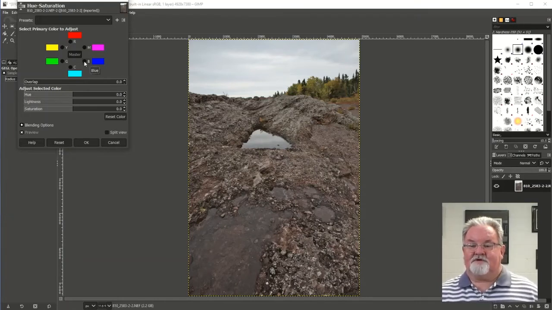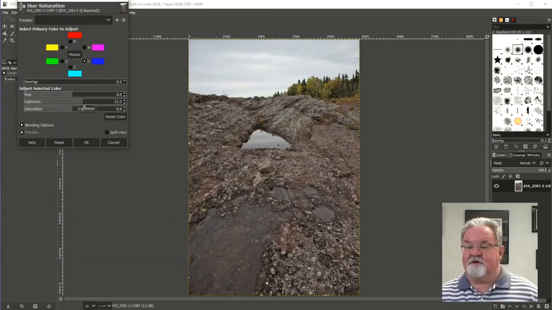And so we're going to check this little B here. See where my mouse is hovering? This little B here beside the blue box. And now what will happen as we make adjustments, it will affect only the color blue on the image. And so I'm mainly interested in the lightness or the darkness in it. And I really have no idea how much blue is actually in that sky and how much effect this is really going to have, because I am actually doing this right in front of you here for the first time with this image. So I'm going to do lightness and see how that lightens up actually the whole image,